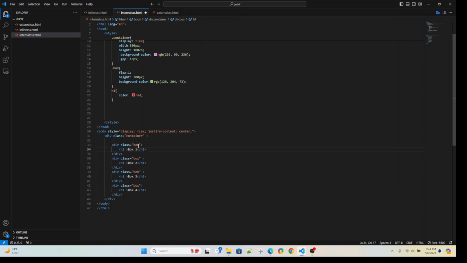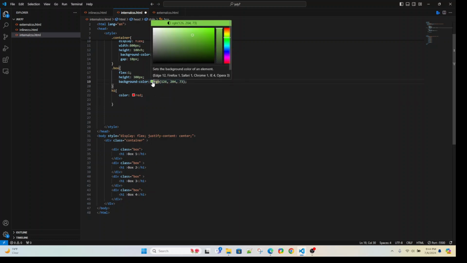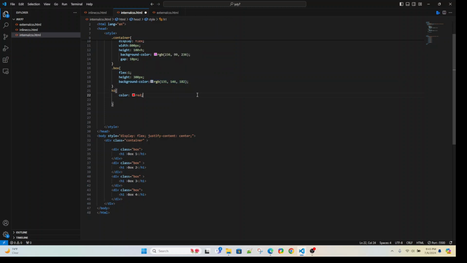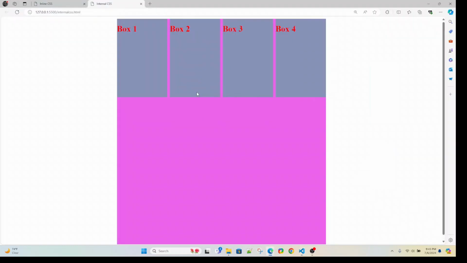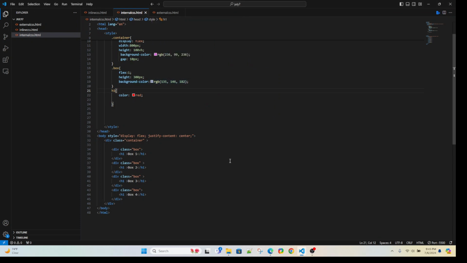Okay, let's do another thing. Let's change the background color of the boxes to be this color. Let's say change to blue. Boom, it changed. That's not blue but dark blue. You see now the power of internal CSS, where we put the styles at the top, and you can control